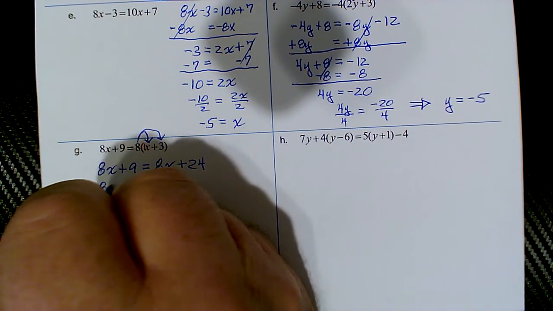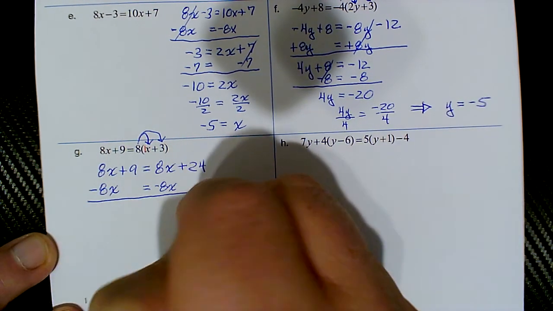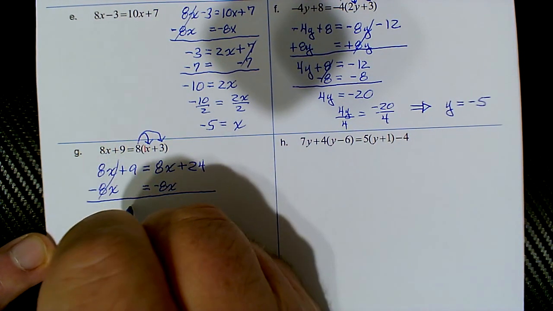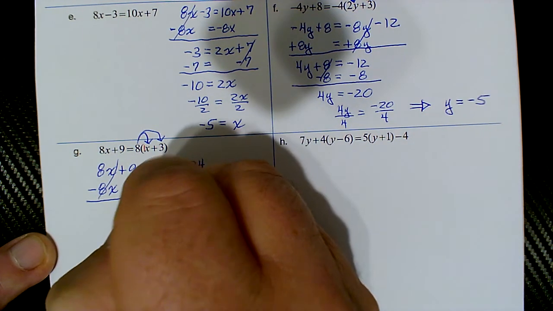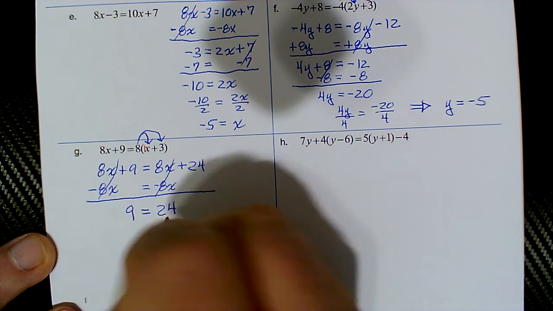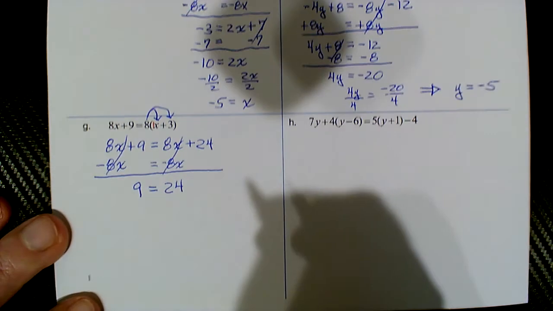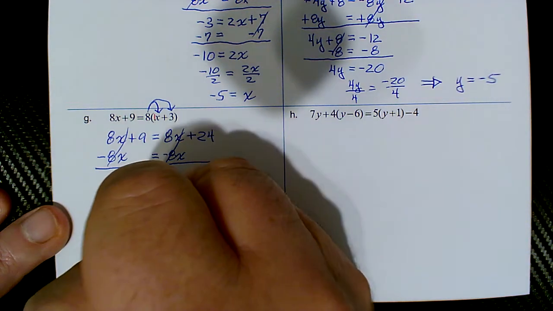But when we subtract 8x from both sides, the x's on the left are gone, we get 9, and that's equal to, the x's on the right are gone, and we get 24. So there's a statement that is obviously not true. 9 is not equal to 24,